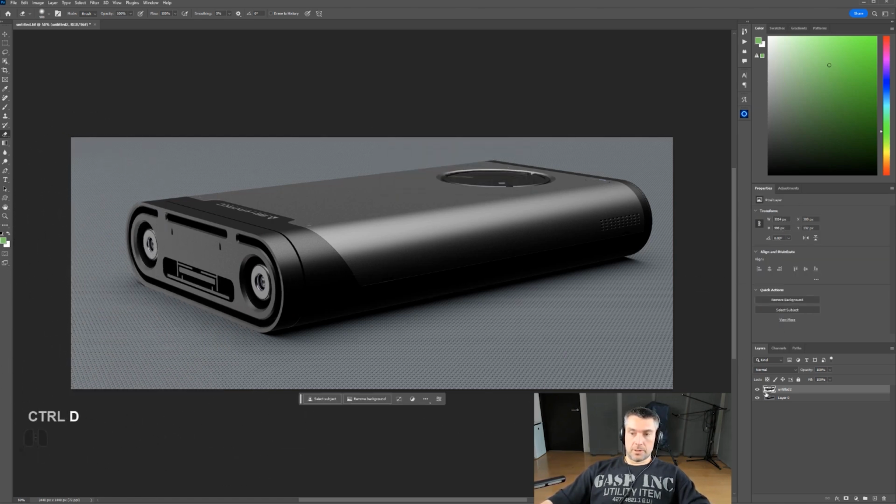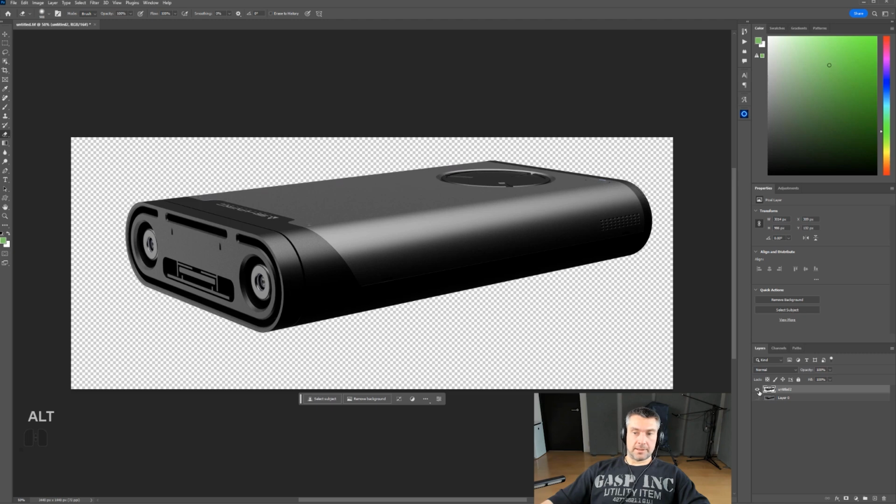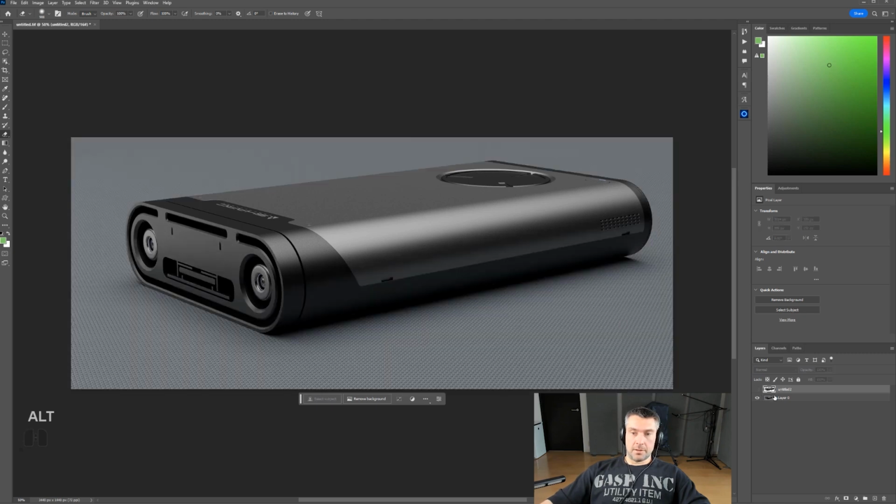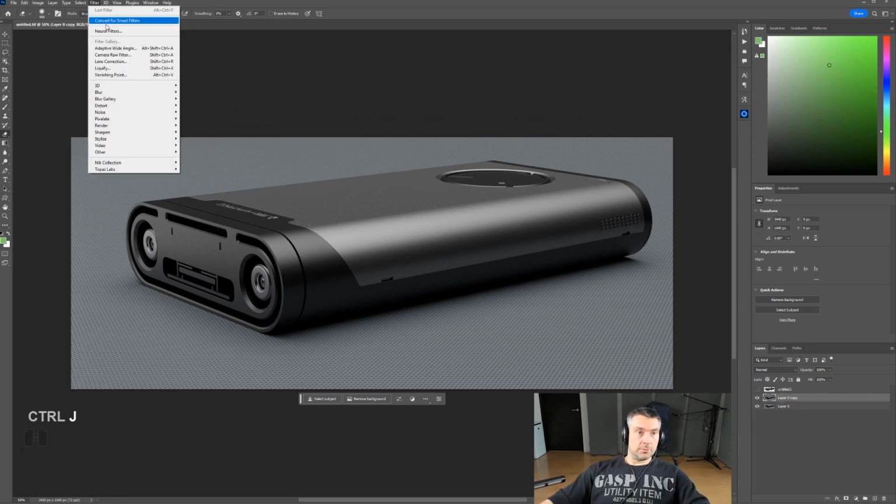Okay, so now what I have is just a cutout. I'm gonna hide it, and now I can select this one and separately edit my model or separately edit my background. So for instance, if I'm going to now go here and Control J this to duplicate it,